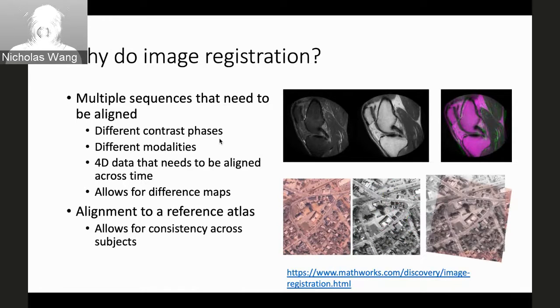If you have two modalities of images that may be closely aligned but not quite aligned, you want to put them on top of each other so you can understand this multimodal imaging and really see, for a particular area of the body, what's happening in different non-invasive imaging metrics at the same time, right? So you might be looking at different contrast phases. You could be looking at totally different time points, or trying